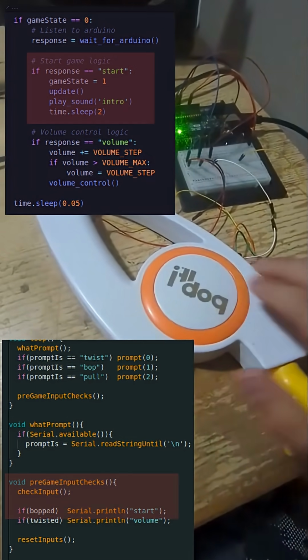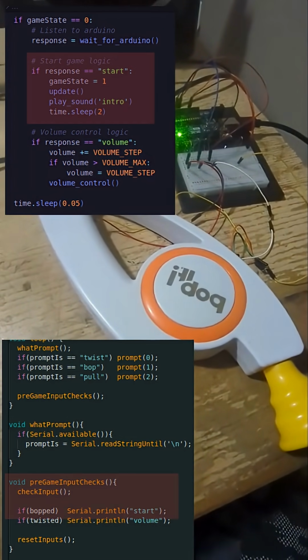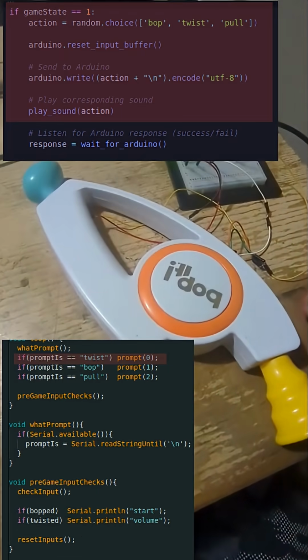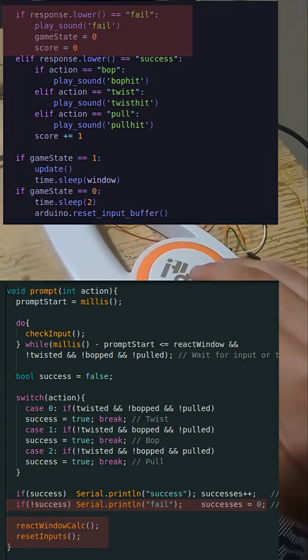Bloody hell, here I go again. Bop it! Twist it! Young man,